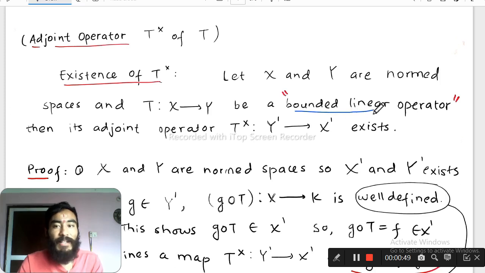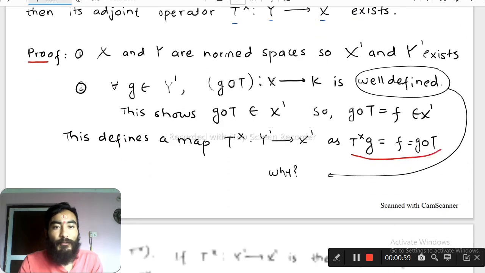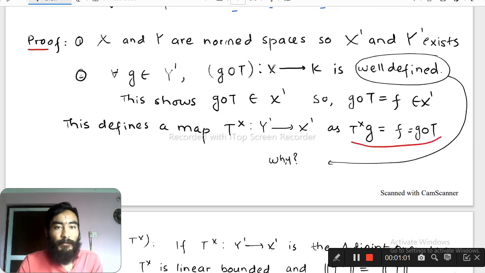If T is bounded and linear, then its adjoint operator T star exists, which is defined from the dual of Y to the dual of X. Now let me give a short proof of this criterion. First, since X and Y are normed spaces, their dual spaces X dash and Y dash exist. Second,